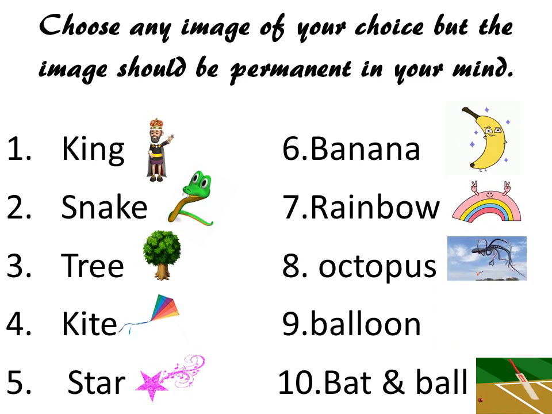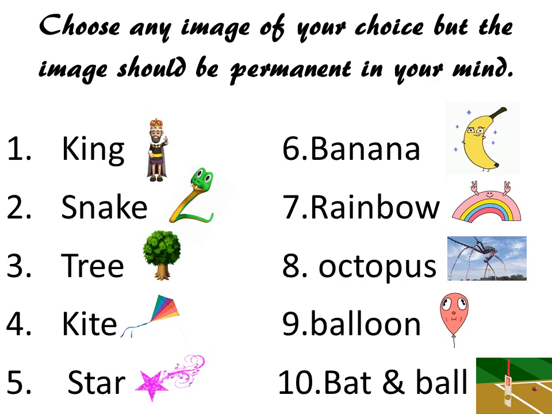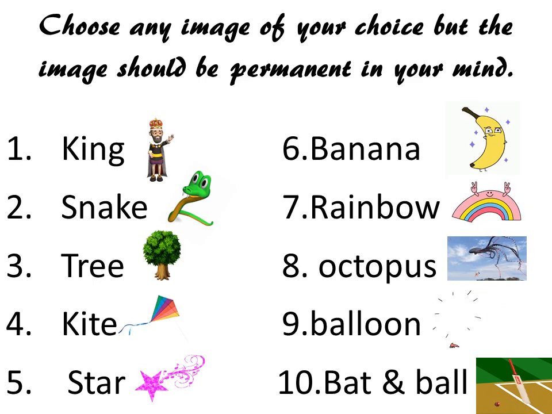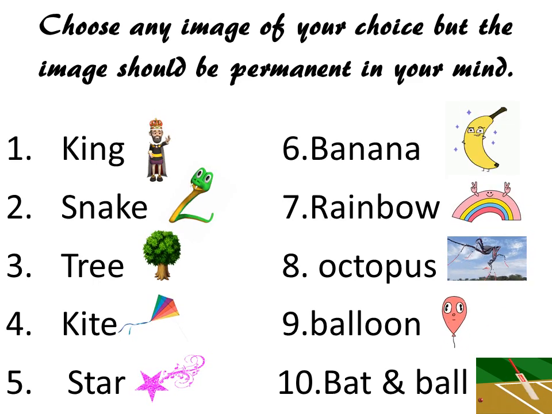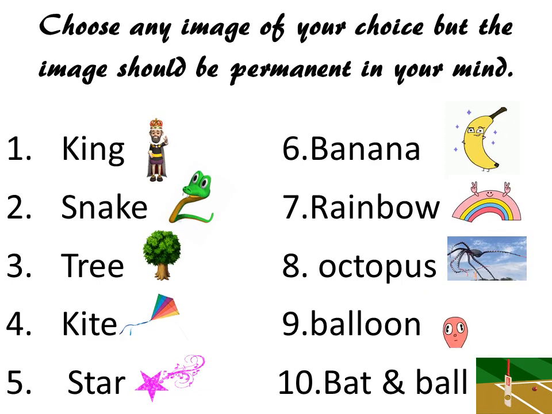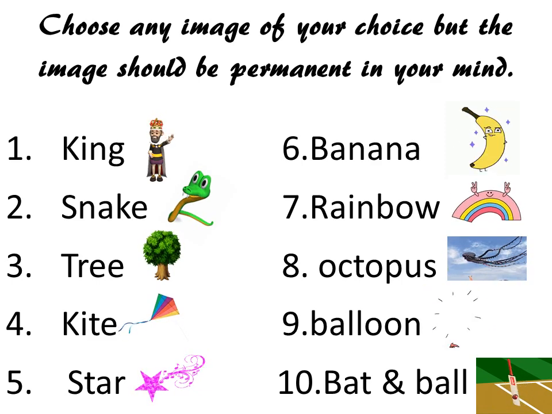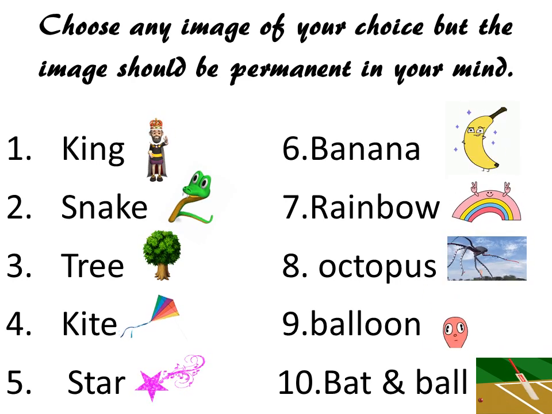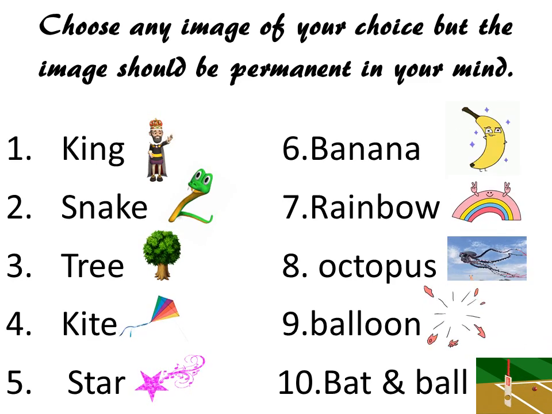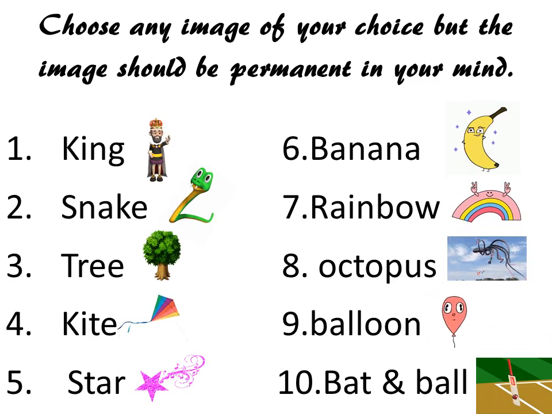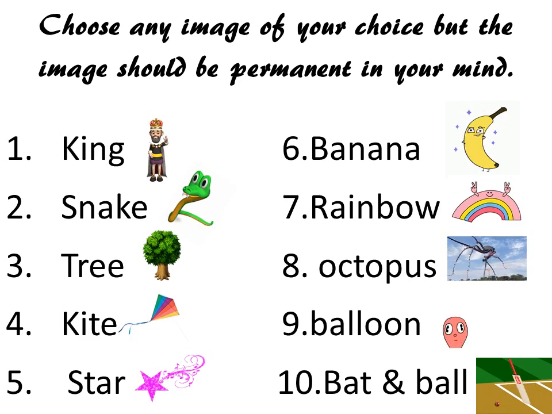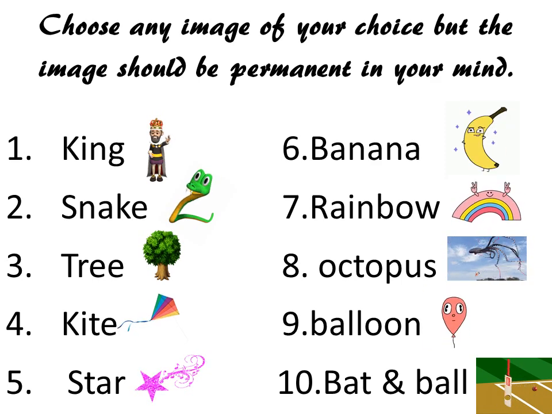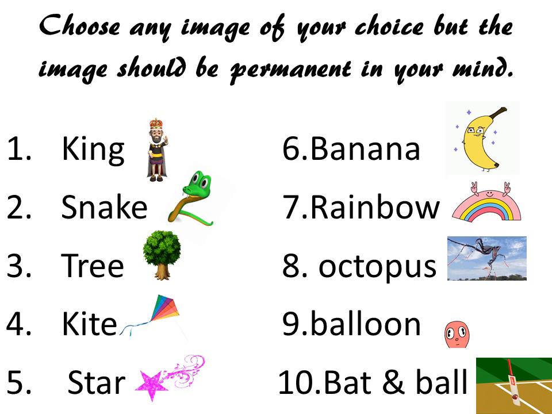For 2, I have chosen snake. You can choose 2 eyes, swan, shoes, etc. For 3, I have chosen a rhyming word of 3, that is tree. You can choose Gandhiji's monkeys, McDonald's or Shiva's Trishul, anything of your choice. For 4, I have chosen a kite. You can select any four-wheeler, chair, square, door, etc. For 5, I have selected star. You can select any rhyming word like five, hive or duck, starfish.